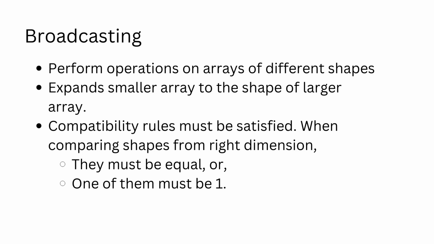Broadcasting refers to the ability of NumPy to deal with arrays of different shapes. Of course, some constraints have to be satisfied before the broadcasting is done. For example, when two arrays are being added, the shapes of the two arrays are compared, starting from the rightmost dimension. If the corresponding dimensions of the two arrays are equal, or if one of them is equal to 1, then the constraints for broadcasting are deemed to be satisfied.